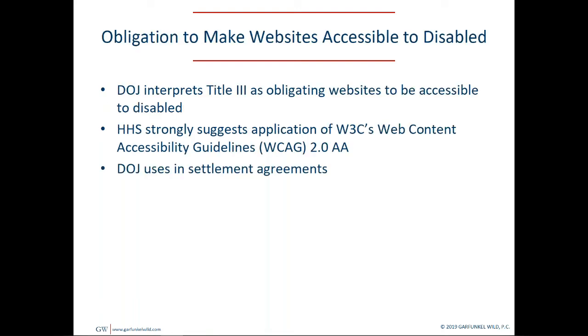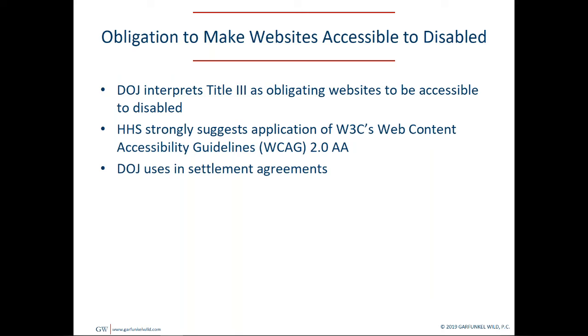Okay, let's now go into website accessibility. So, the Department of Justice has interpreted Title III of the Americans with Disabilities Act as obligating websites to be accessible to persons who are disabled. Okay? So if your facility has a website and you use that website as public-facing,